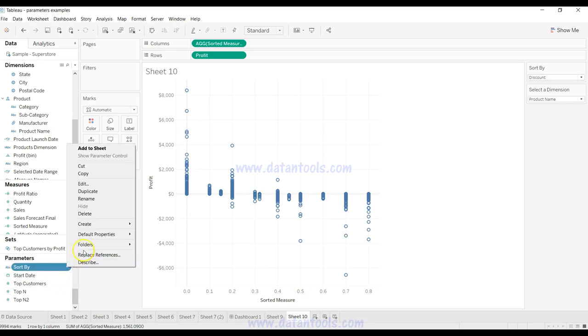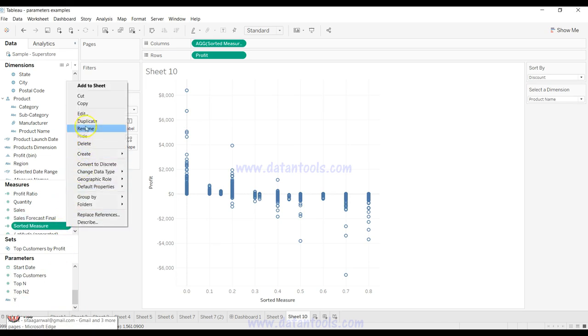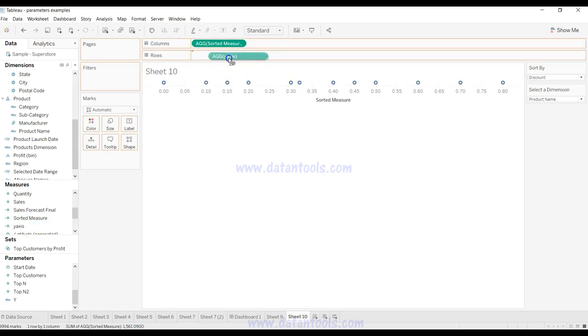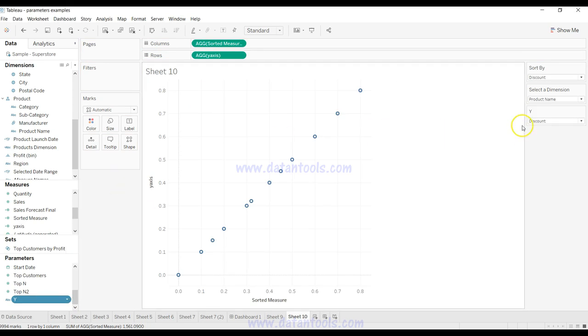So sort by, I will just duplicate, and let's say I will call it y because it is a y-axis. Then I will click on sorted measure and duplicate, and I will call it y-axis again. Now I will remove profit from there and put y-axis over here, and I will put y into the parameter control. So now x, which is sort by, is having discount, and y, which is having y-axis, is discount. If I change y to profit,